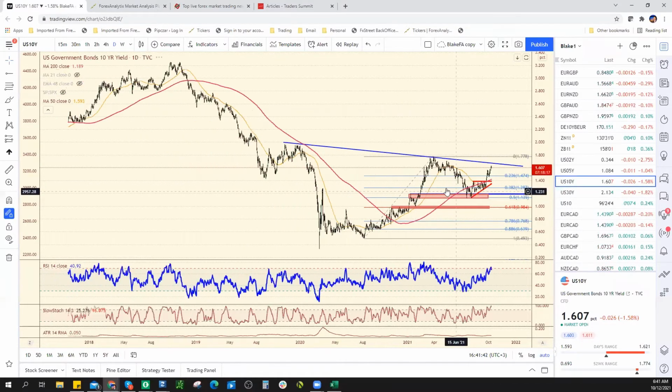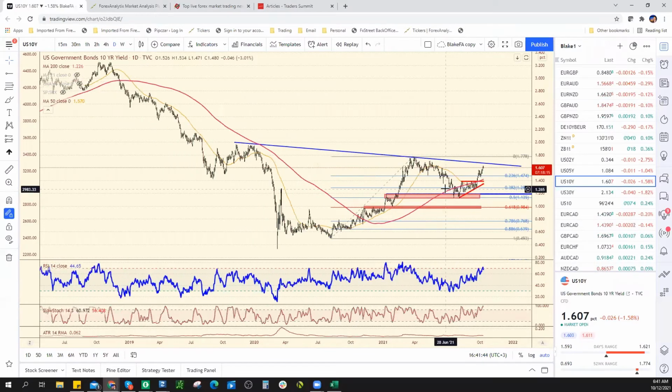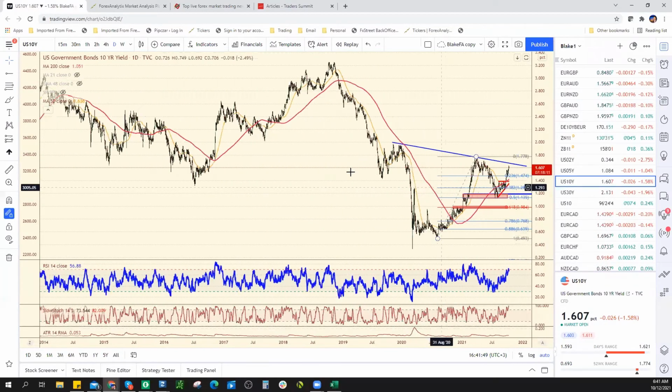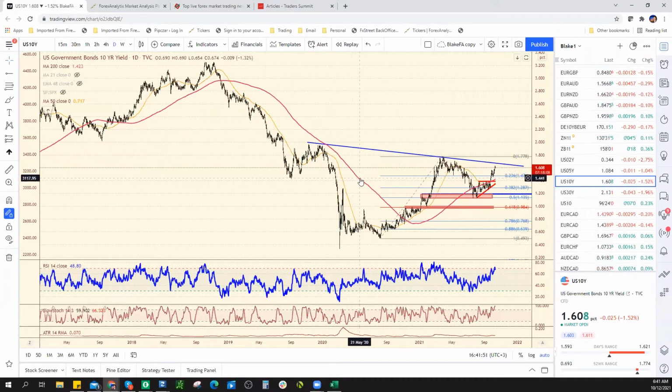Okay. Because if you zoom out a little bit, if you go to a weekly chart, it's still noise what we're going through now. Relatively, but yeah, yields are going to become an issue,